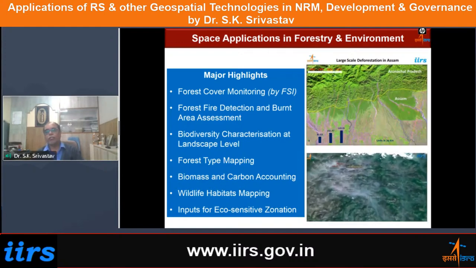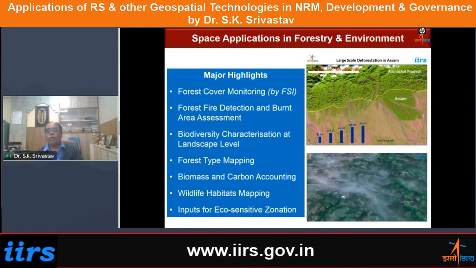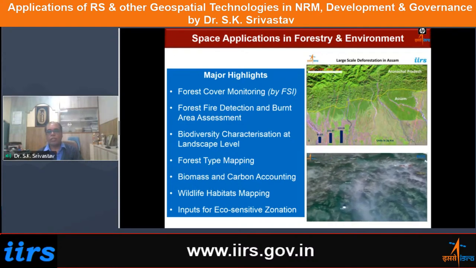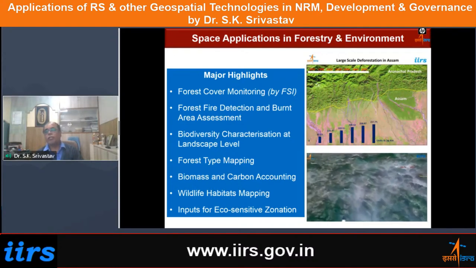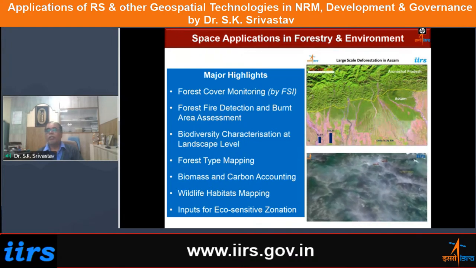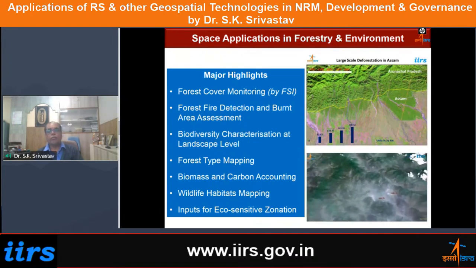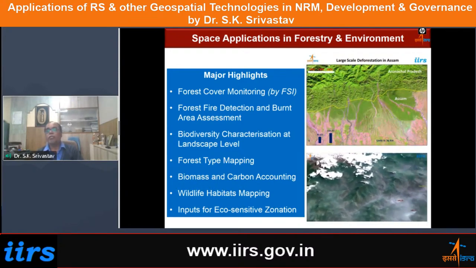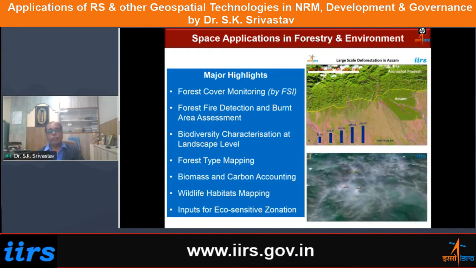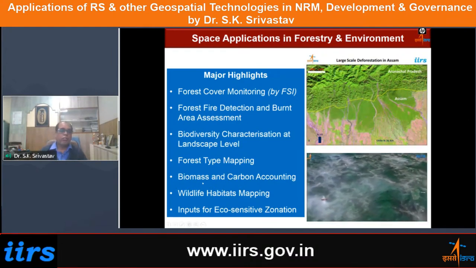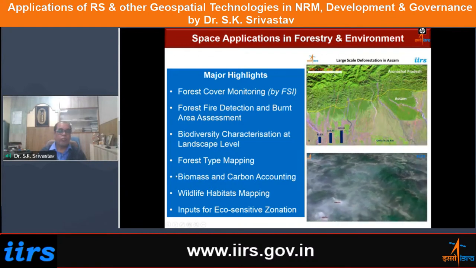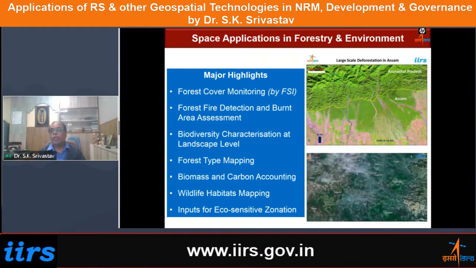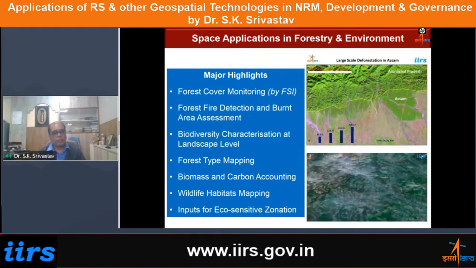Most likely that satellite is going to be up next year. So one of the important applications is a synthetic aperture radar satellite, NASA ISRO synthetic aperture radar. That provides data in the L band as well as the S band of the microwave region of the electromagnetic spectrum. And those data sets will be very useful for quantifying the biomass available in different forests. So there is a lot of scope of using radar remote sensing data, particularly in the near future, as far as biomass estimation is concerned.